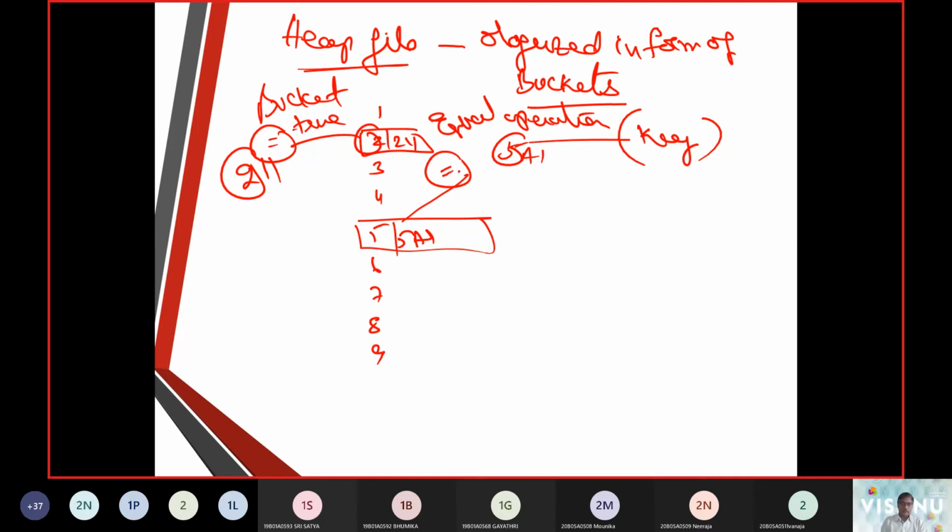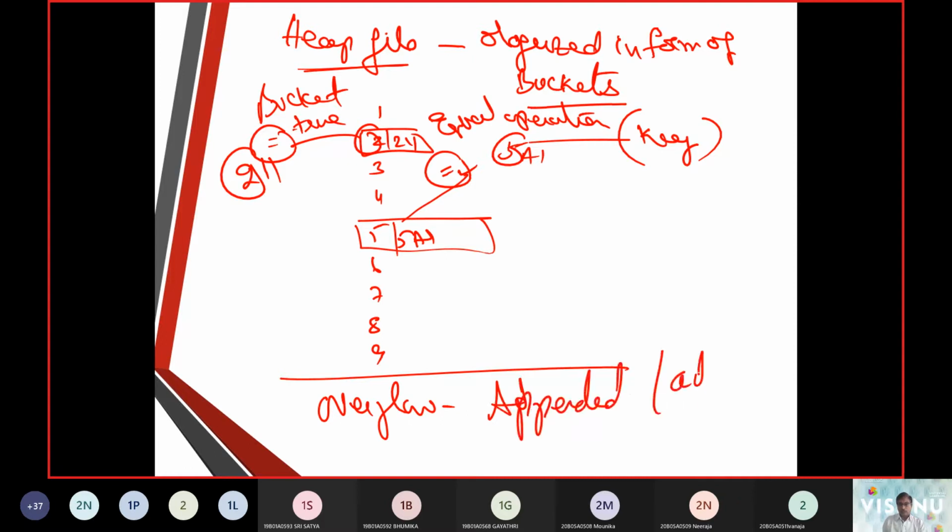If we make a comparison and a match is there with a key, then we put that item in the content. Similarly, if there is an overflow, they are appended or added to the overflow, that is N of 5.